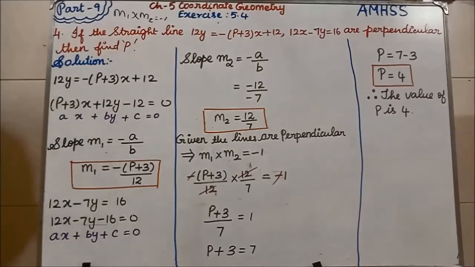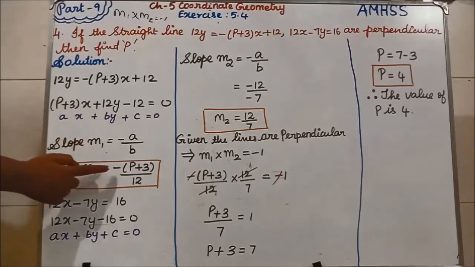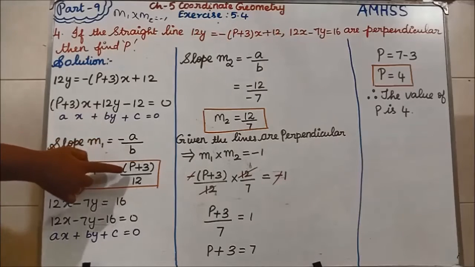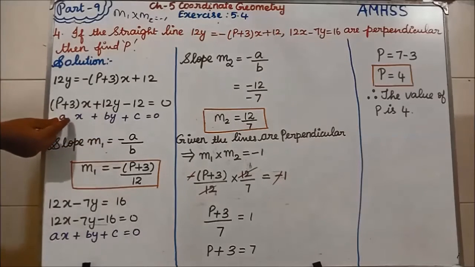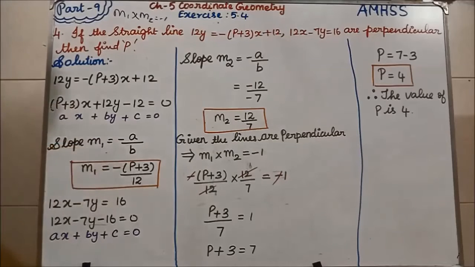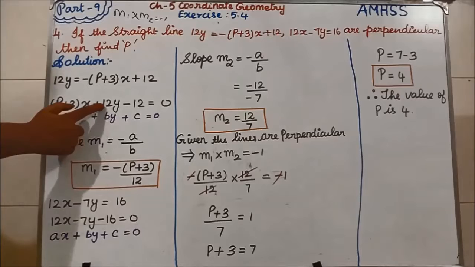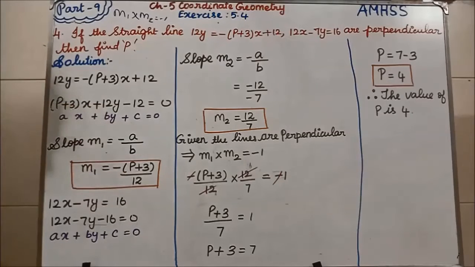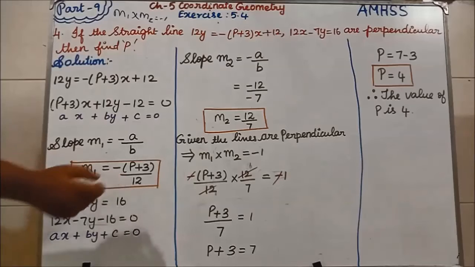Now, in this exercise, when I was starting, I told you how you can find the slope of the equation. Slope m is equal to minus a by b. I have told you, isn't it? Otherwise, you can say a by b as the coefficient of x divided by the coefficient of y. Okay. Now m1 is equal to minus, in the formula itself we have minus. A is what? p + 3. So I have written p + 3, divided by B, which is 12. Using the first equation, I have got m1.